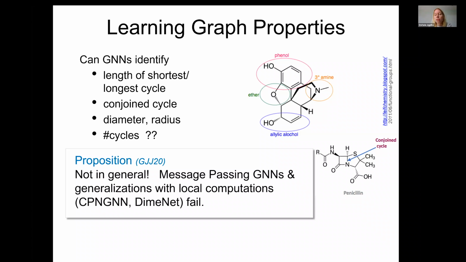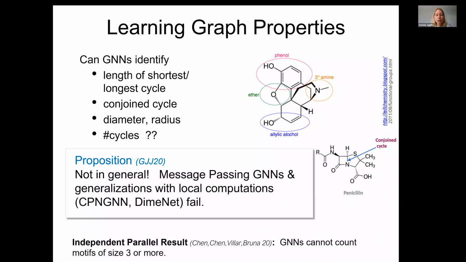And the same holds for these generalizations that I showed you. A very similar result was proved by one of the co-organizers of this workshop. They showed that graph neural networks cannot count motifs of size 3 or larger. So that's very similar, and these are negative results, where basically message passing fails to